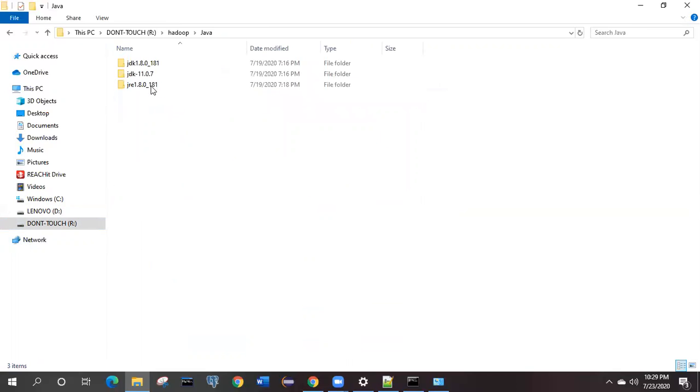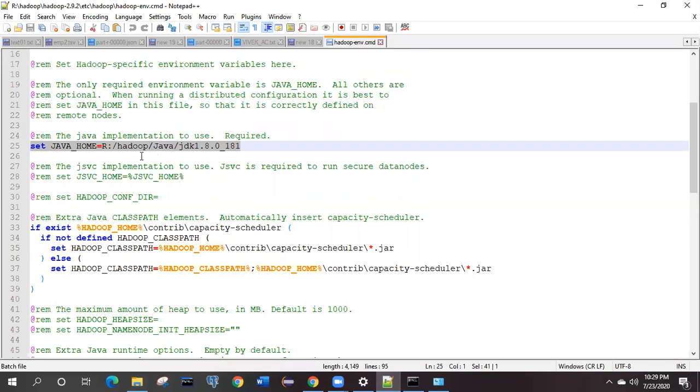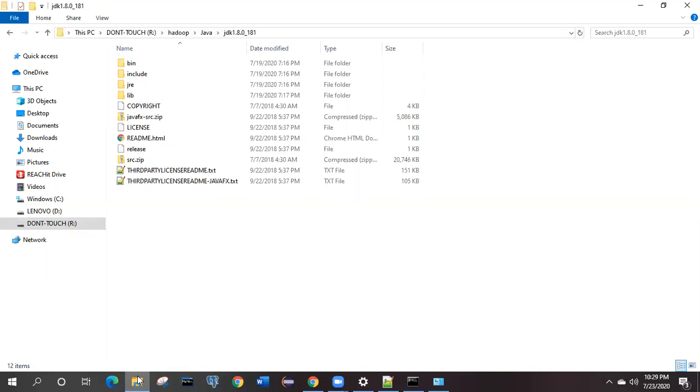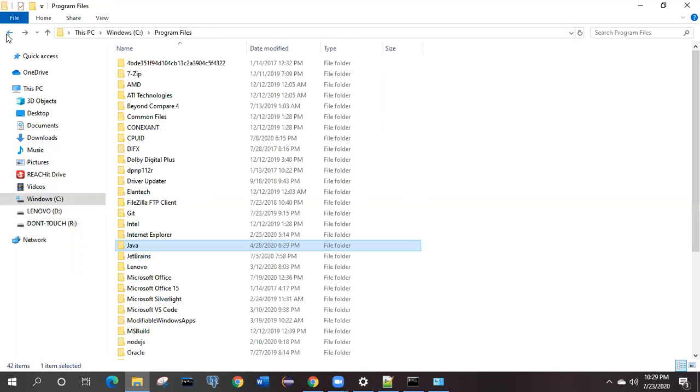I kept the Java folder over here, and I will update this JDK 1.8 location here. So this is one change in the environment variable of Hadoop. It simply means that your Hadoop is now able to get the Java location from your system.